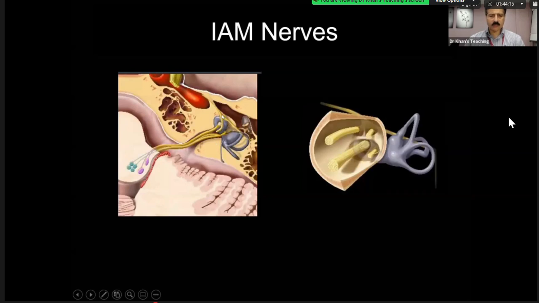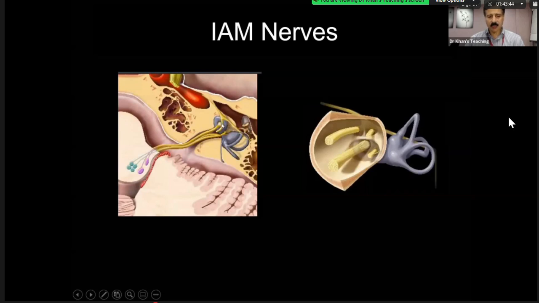Now, facial nerve in this diagram has been cut here. So you can see that it is at a superior level than the cochlea, just superior to the cochlea. This is the facial nerve. This is known as labyrinthine portion of the facial nerve. It goes anteriorly, and this is the geniculate ganglion, and then it goes posteriorly. This is the tympanic portion. We will again cover it in the head and neck module.